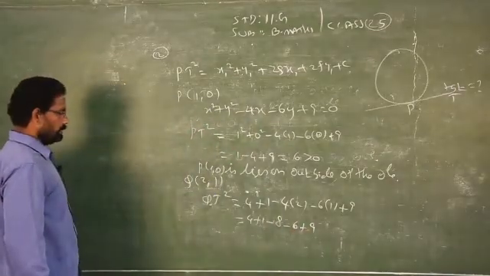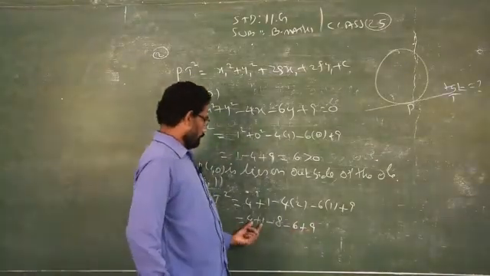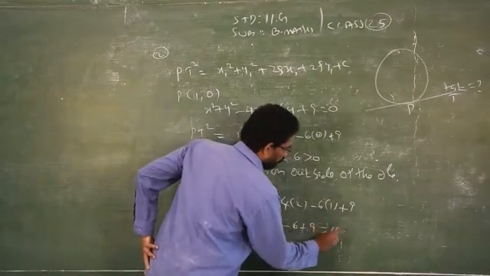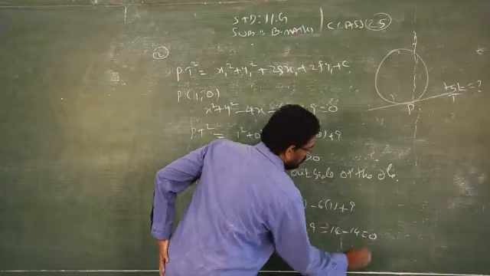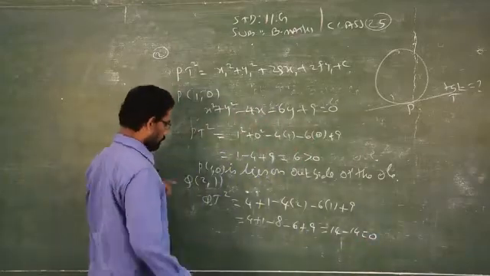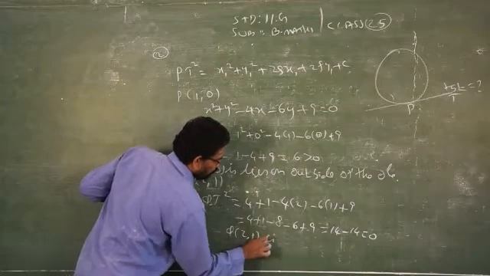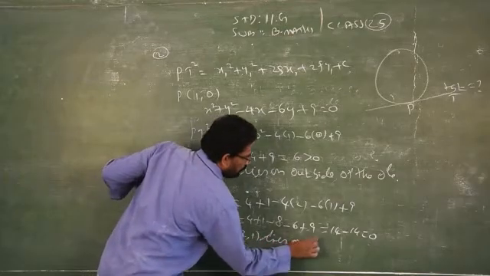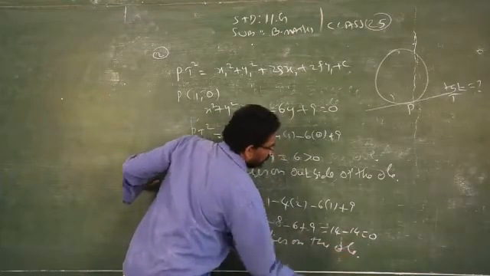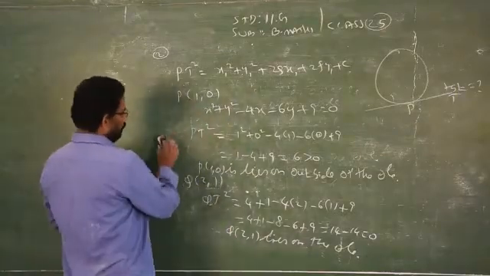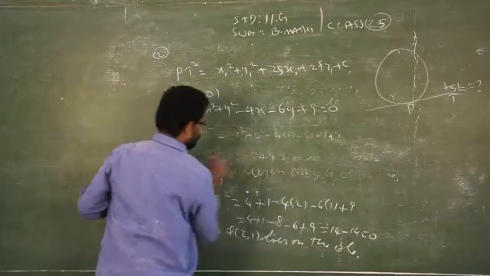So what will be the answer? 4 plus this is 10, 14, 14 minus 14, 0. So therefore this Q (2, 1) lies on the circle because it is exactly equal to 0. So we have to find out one more, that is